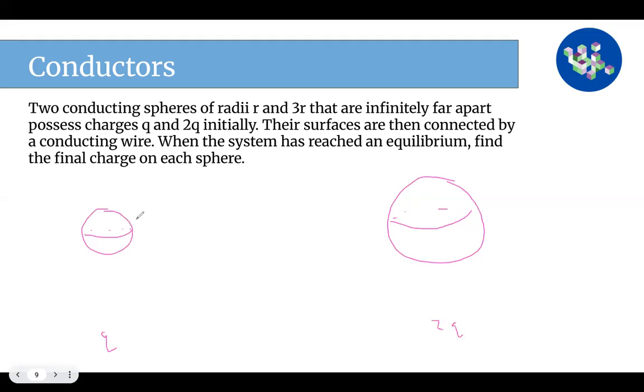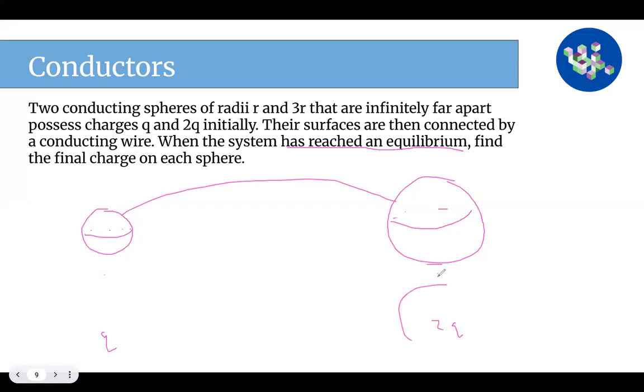And then I connect their surfaces by a conducting wire. That just means that charge can flow between the two conductors. When the system has reached an equilibrium, find the final charge on each sphere. When the system reaches an equilibrium, that's really important to notice. What that means is that these two spheres must have equal potential. Because think about it,